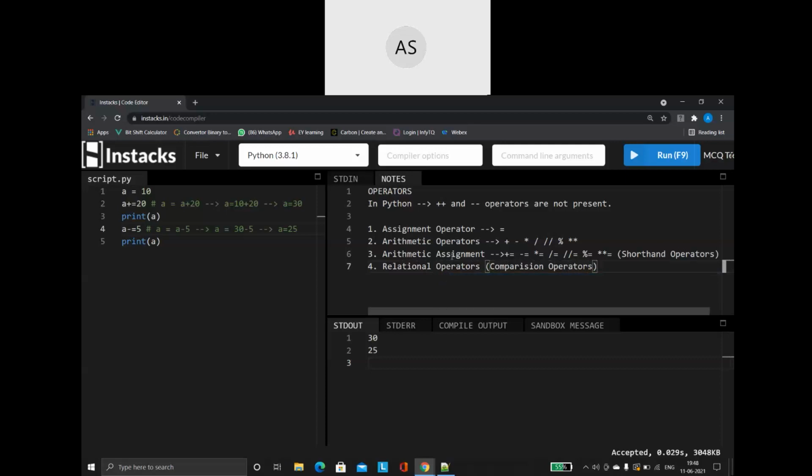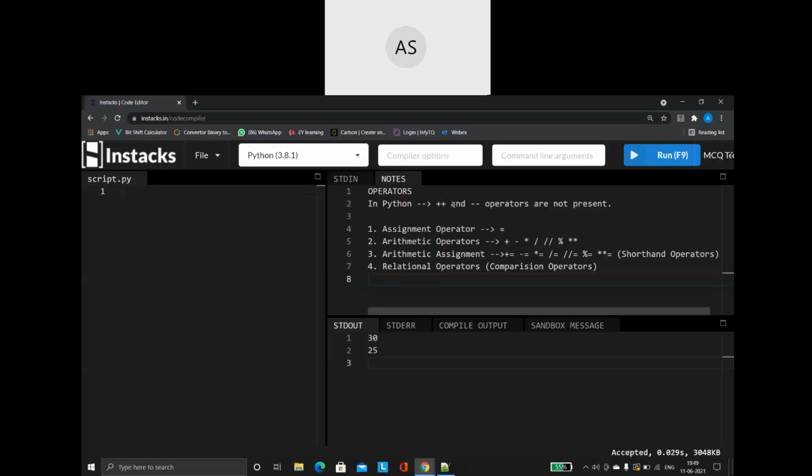As the name suggests, comparison. So what are you going to do with the relational operators? I am going to make use of my relational operators to compare the value of two or more variables. What is the purpose of the relational operators? As the name suggests, it is used to compare the variable's value. I want to compare one value with another value. How to do it? For that, I will be making use of the relational operators.